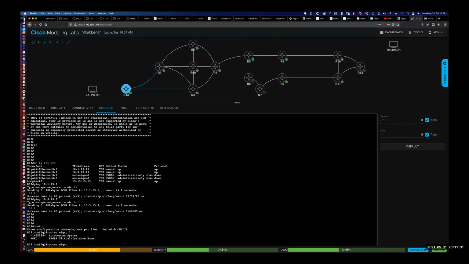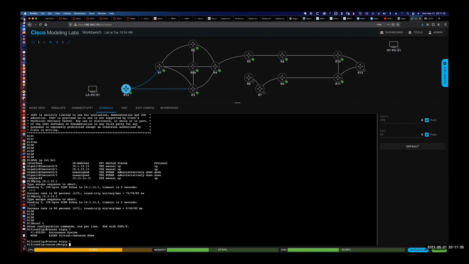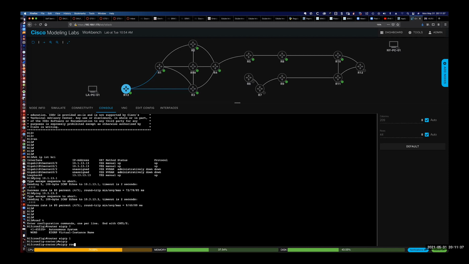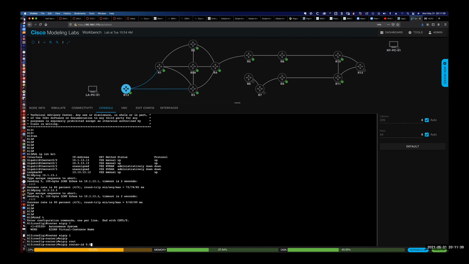So let's go ahead and do router EIGRP 1, and we'll set the EIGRP router ID to 0.0.0.13. And again, the router ID is used primarily when you're doing redistribution. So if I'm redistributing between EIGRP autonomous system numbers, this would prevent loops from forming. In other words, if my router ID on router 13 is